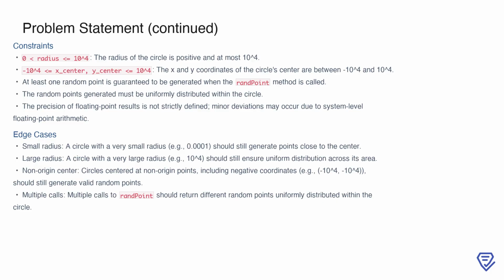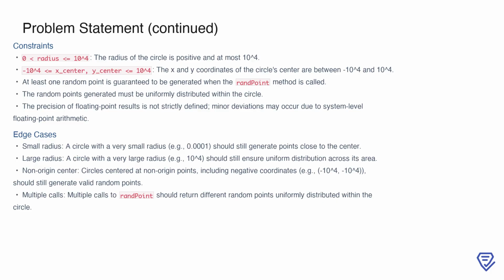Finally, there are some constraints and edge cases to consider. First, the radius of the circle must be greater than 0 and no larger than 10,000. The x and y coordinates of the center must be within the range of -10,000 to 10,000. Additionally, the randPoint method can be called up to 30,000 times, so your solution needs to handle a large number